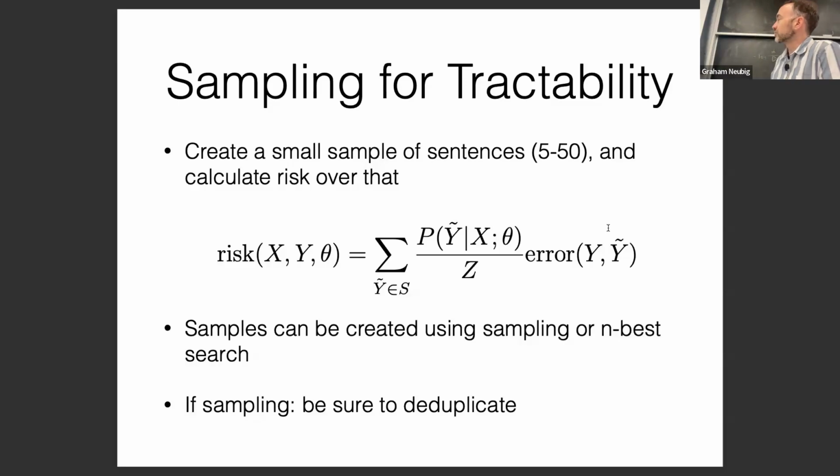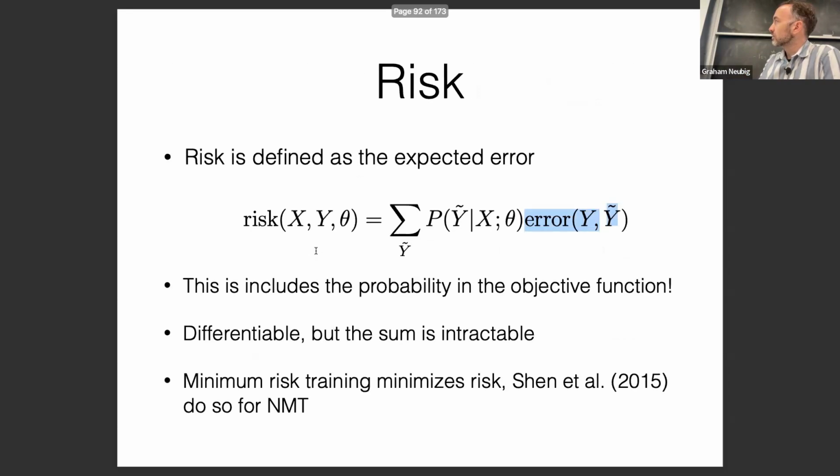Doesn't this prefer shorter sequences over longer ones because the longer ones will have lesser probability? That's a great question, but actually the answer to that is no. The reason why is because this is what we are optimizing. We're trying to optimize this to lower the risk. And to lower the risk, that means we will upweight probabilities that have low error, regardless of whether they're long or short.